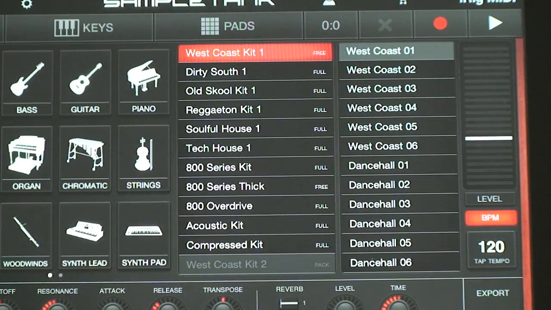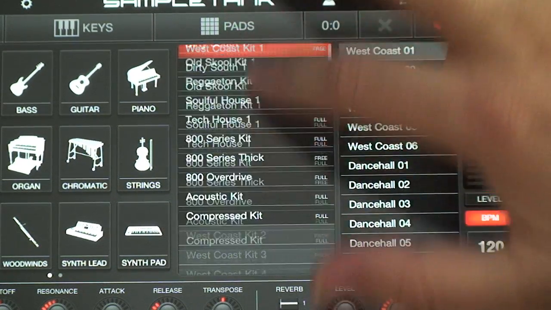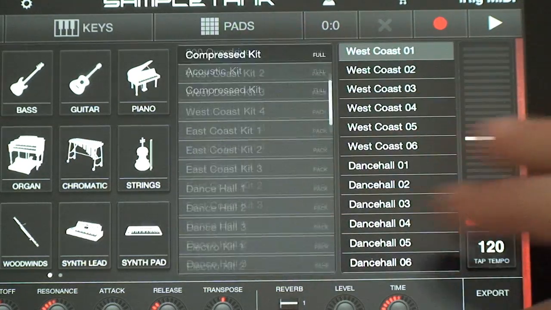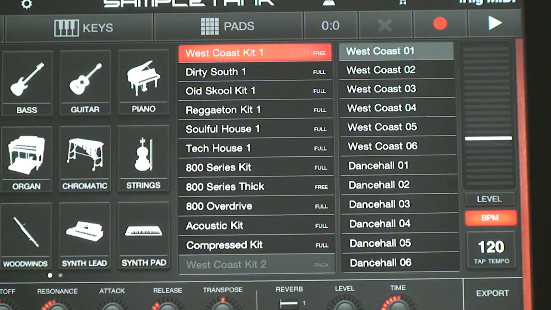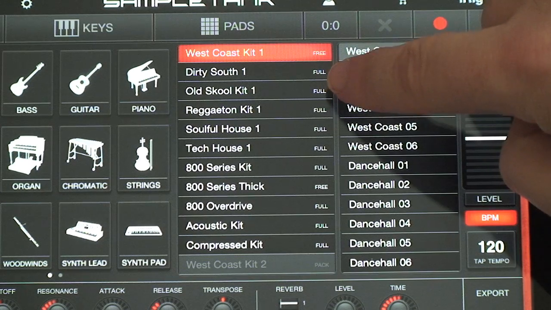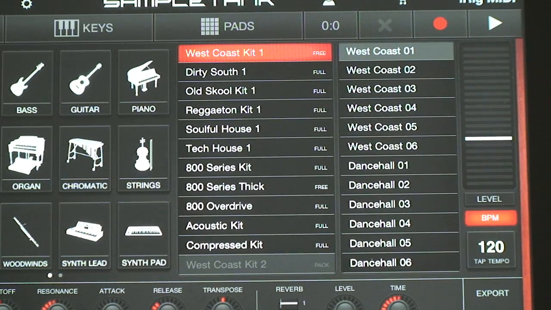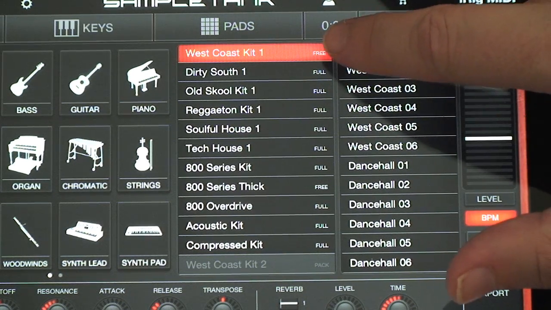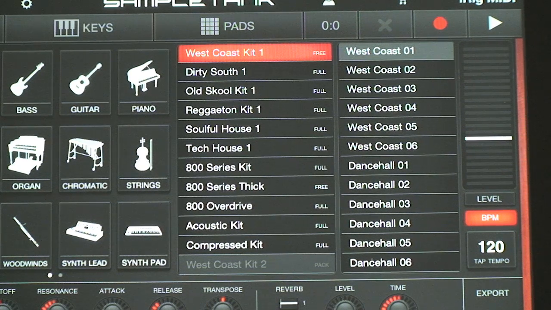The list on the left contains the instruments within the category. Each instrument is tagged with the sound pack to which it belongs. Instruments tagged as full are part of the paid version of the app. Instruments tagged as free are part of the free version of the app, also included in the paid version, of